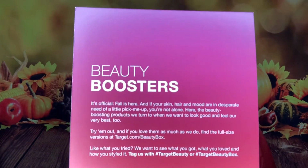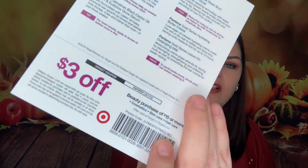This one says Beauty Boosters. And yes, there is the $3 off coupon if you spend $15 or more on cosmetics, skincare, or hair care. So I definitely keep that and try to use it. So when you open this one up, that's what it looks like. And let's go ahead and